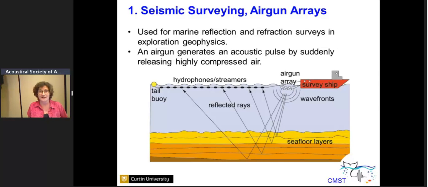So basically, an airgun is a chamber, and you fill it with highly compressed air, you put it underwater, you suddenly open it up, and you're creating a gas bubble underwater. It rapidly expands, it overshoots above the ambient pressure, and then it collapses again. So you've got an oscillating air bubble underwater that sends a pressure waveform into the seafloor, reflects off different seafloor layers, and then on hydrophones or streamers, we measure the reflected sound, and from that we can draw conclusions about